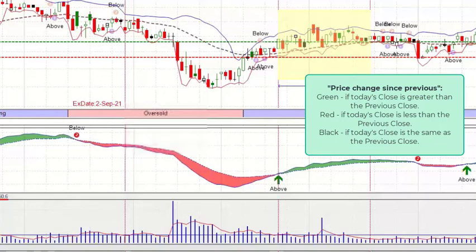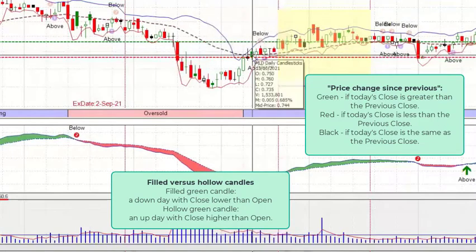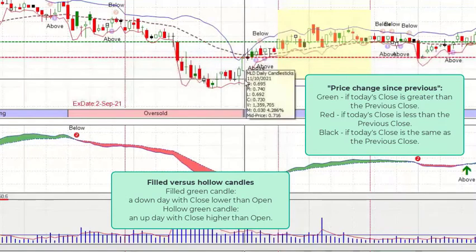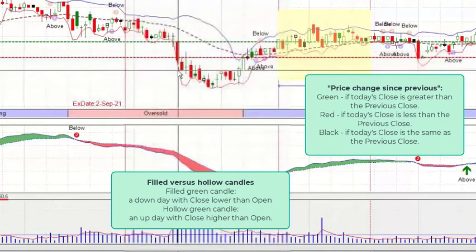For those who are listening in and watching, to explain in more detail the difference between the green ones that are filled and the green ones that are hollow, don't forget it's green because the price change at the close for that day is greater than the previous day's close, and the fill versus the unfilled indicates whether it's an up day or a down day. So a filled in green candle means it opened higher and closed lower, so it was a down day. That's right. And the white one is the opposite. It opened low and closed higher. The standard convention for colours of candles.